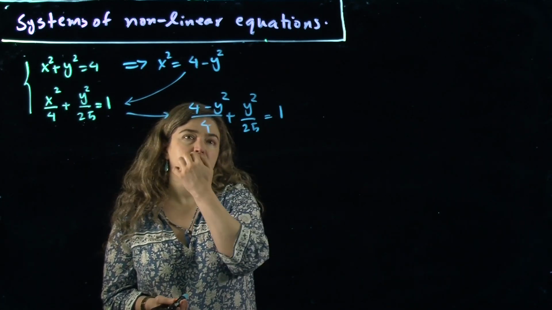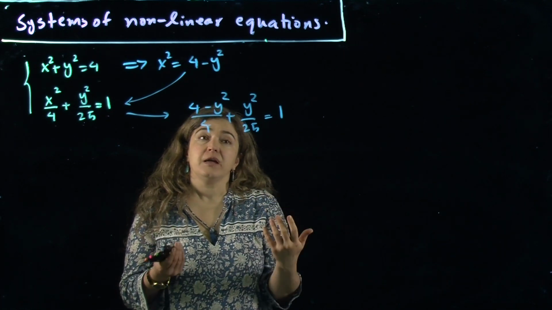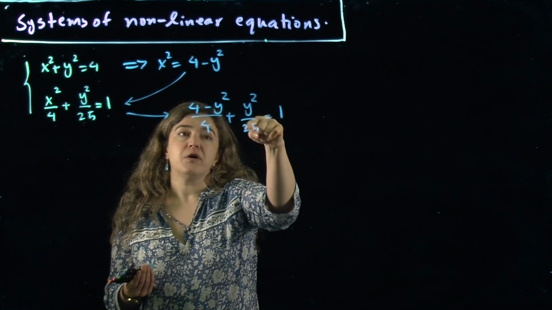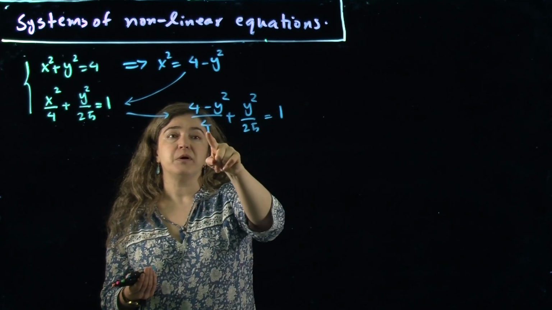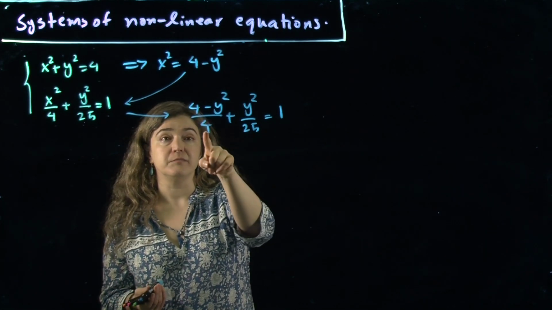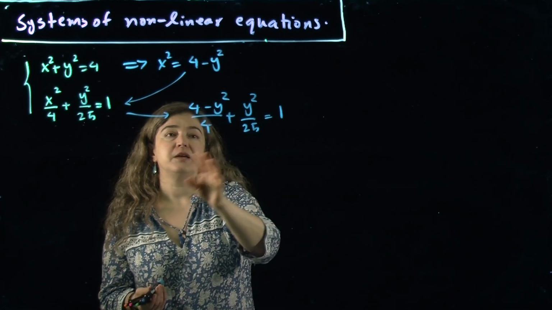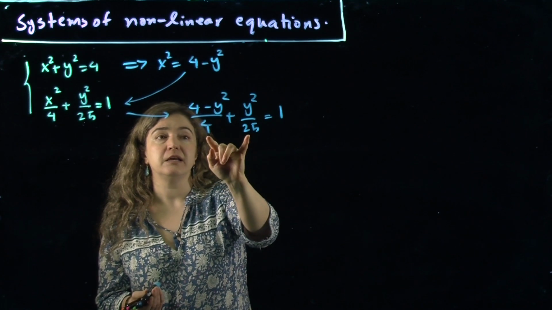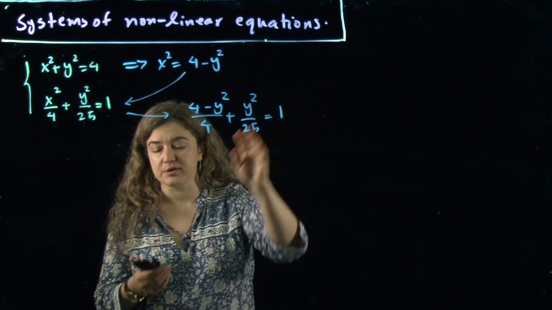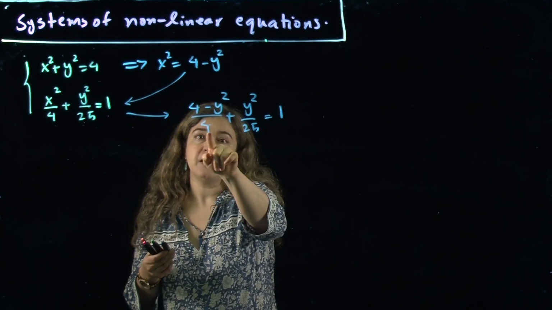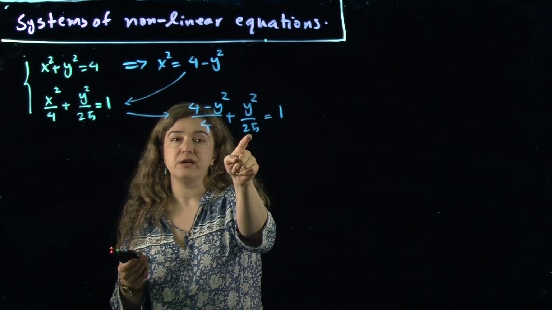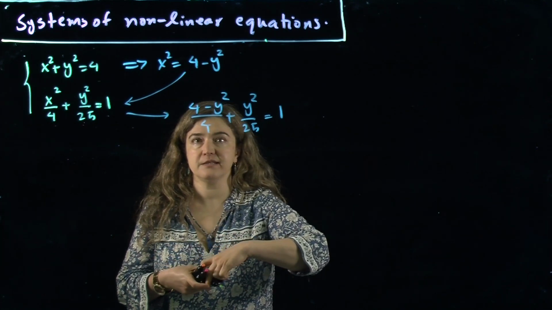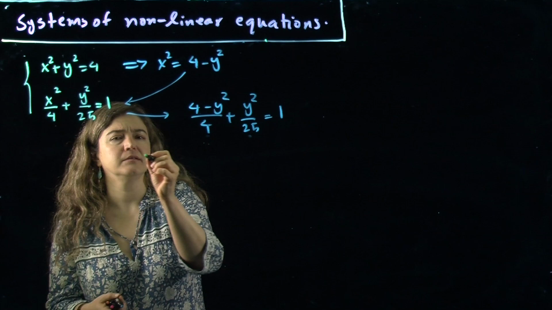How do I put y's together? These two are in the form of fractions, but there's just a constant in the denominator. The best way is to multiply both sides by the common denominator. So what would the common denominator be? 4 times 25, 100 in this case. So I'm multiplying